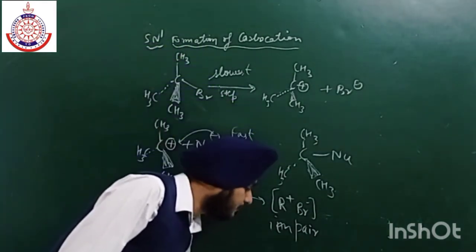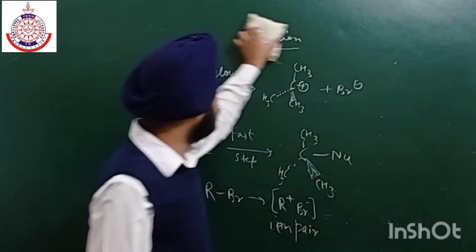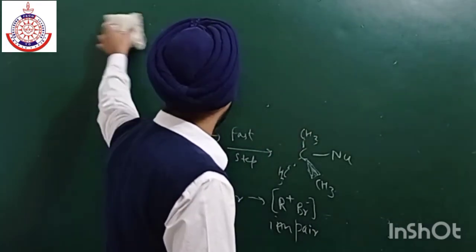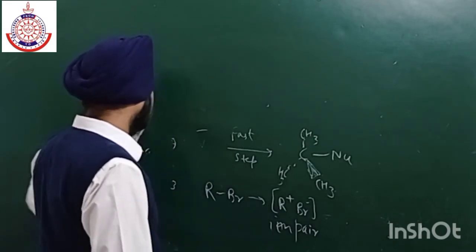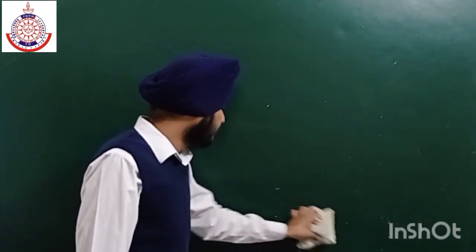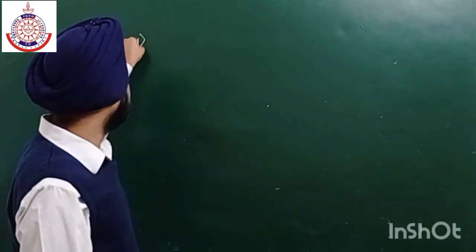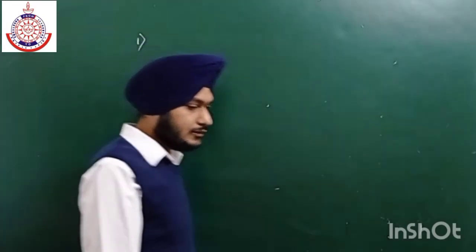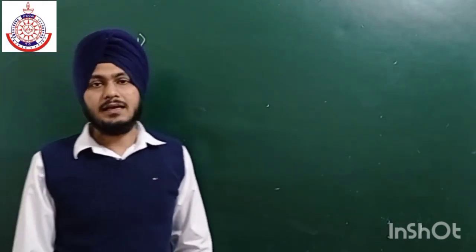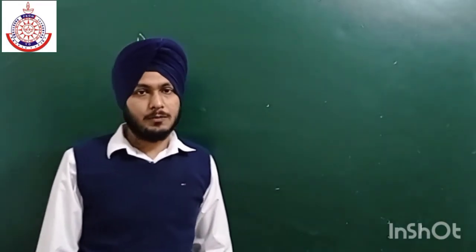So let us write some features about this SN1 reaction, and these features you have to use again in differentiating between SN1 and SN2. The first is retention of configuration takes place, and racemization also takes place. What is racemization? If for example we have an optically active carbocation, optically active means